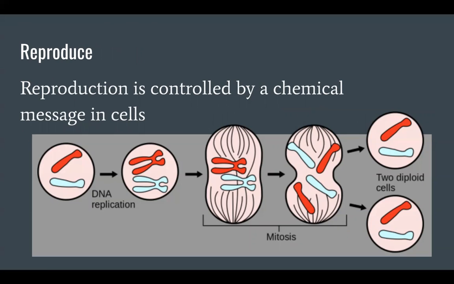And reproduce. Not only do cells themselves reproduce, reproduction is controlled by a chemical message in cells. An organism without enough energy to support its own needs would not have enough energy to support the growth of an offspring. So that's an example of, say, a female who is not eating enough food, perhaps suffering from an